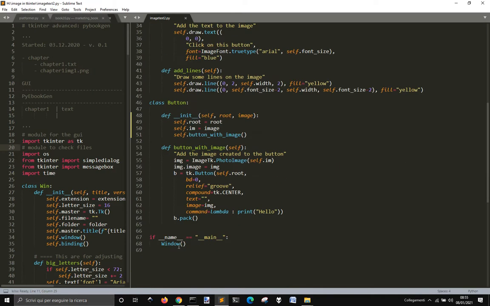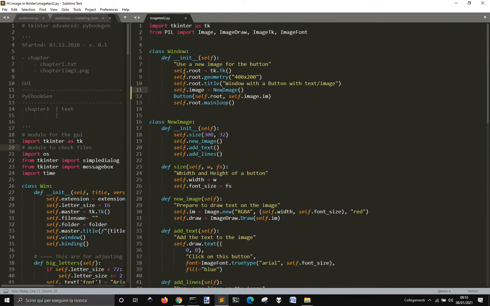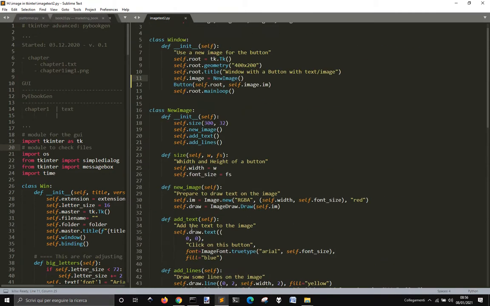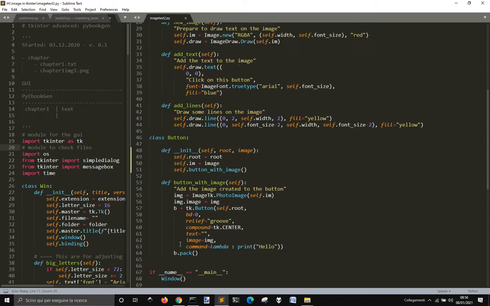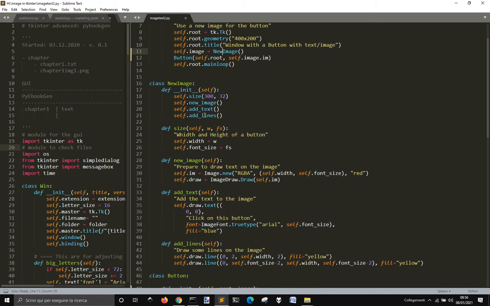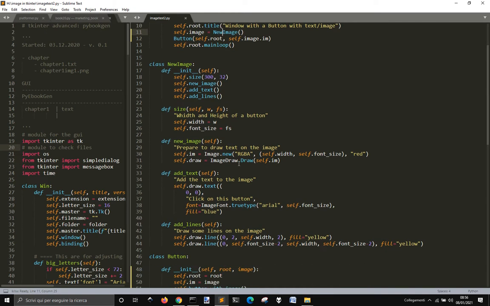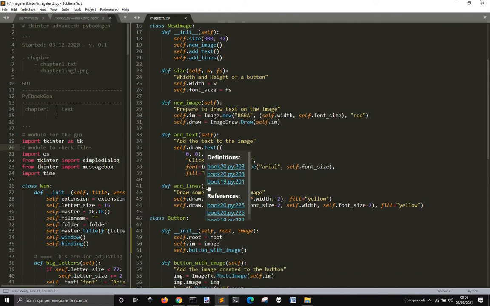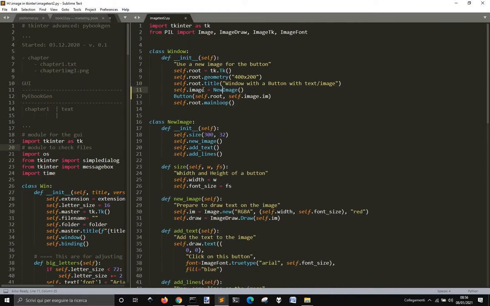Okay, so we divided this one into three classes, one for the window, one for the image, and one for the button. And so we call the window here. When we call the window, it will create a window 400 by 200 with this title, and then it will create a new image, going here and making this instance, where it creates a new image here with ImageNew and ImageDraw.Draw. Then we draw some text and some lines, and then we pass this object here to the button, and so